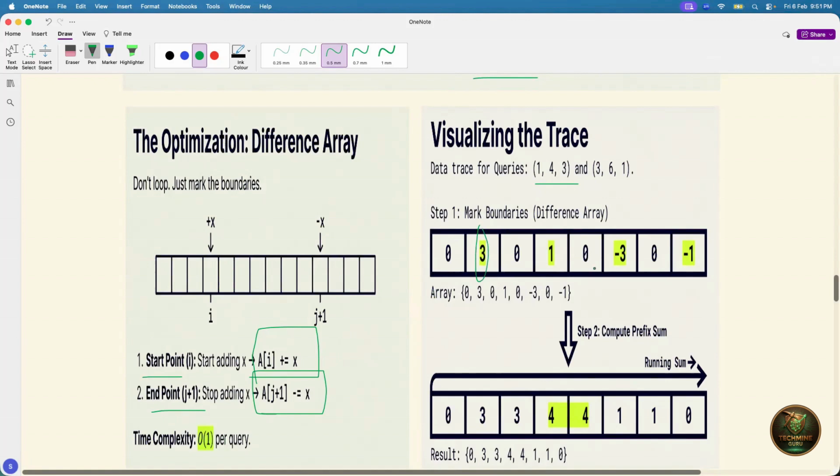Similarly, this is the 4th position and this will be the 5th position. So j plus 1, you have to mark it with minus of 3. So you have put minus 3 here. Similarly, for the second query, in the third position, you have added 1, and in the sixth position, you have added minus 1. So the first step is complete here. You have marked the boundary, and your array looks like 0, 3, 0, 1, 0, minus 3, 0, minus 1,